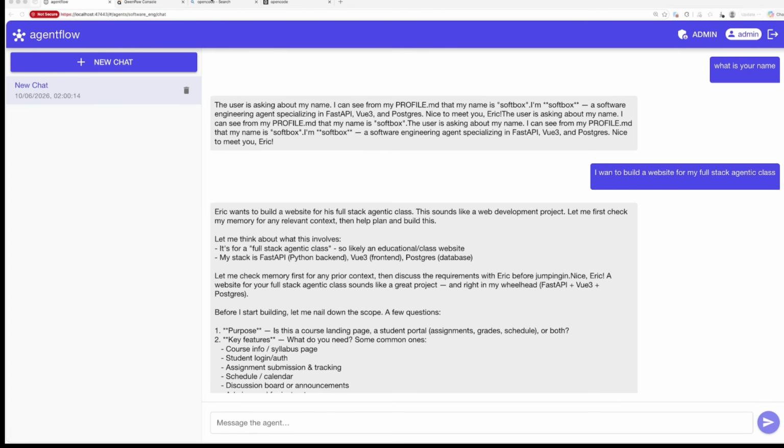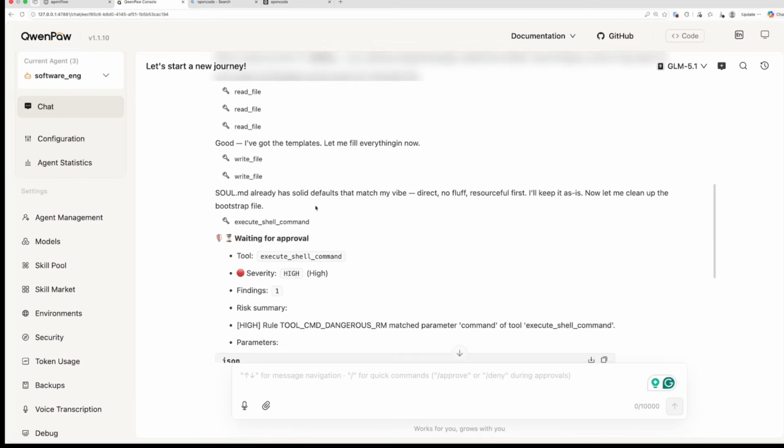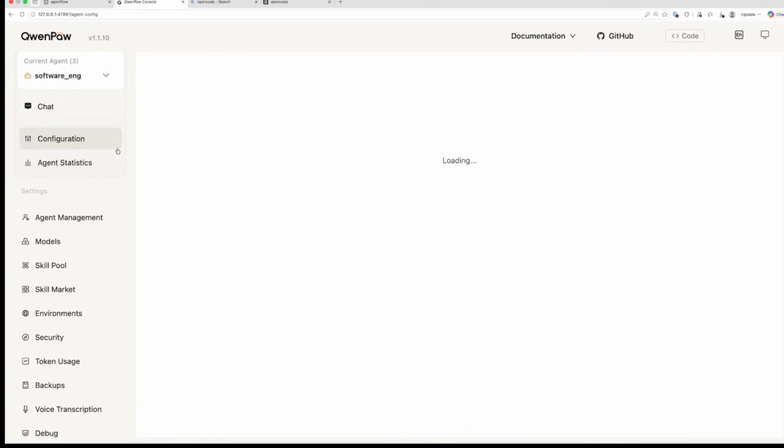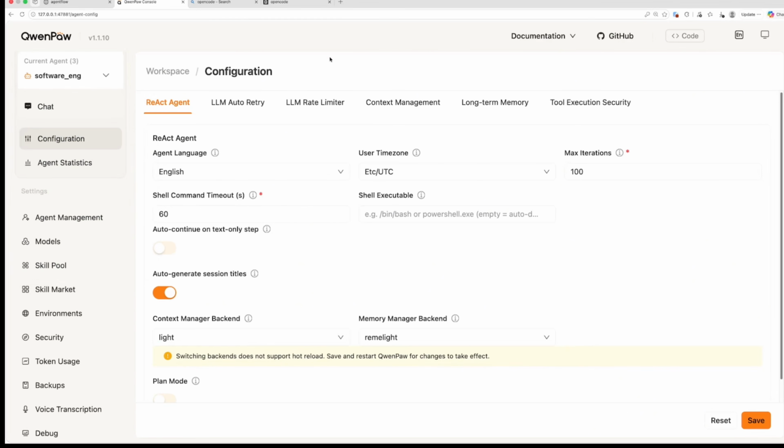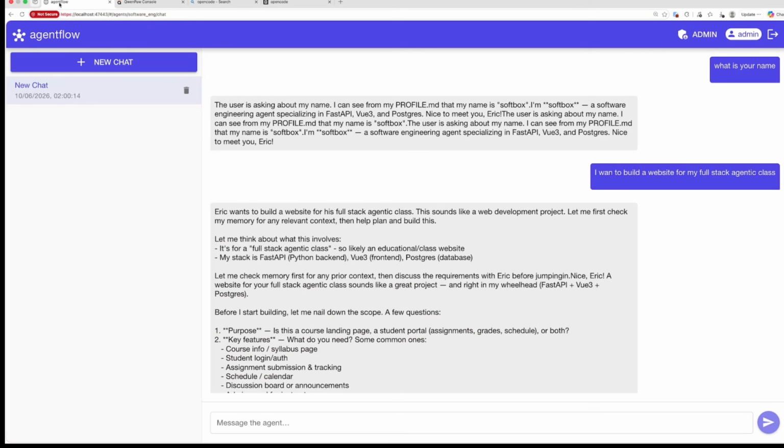So this is agent flow. I think this works perfectly. So we've been able to create our agents. We've been able to connect. So now anytime I create an agent here, the agent will automatically show here. And one of the beauty about the whole of this stuff is that, let's say for example, we come here